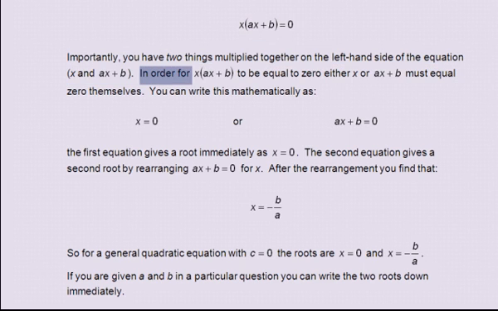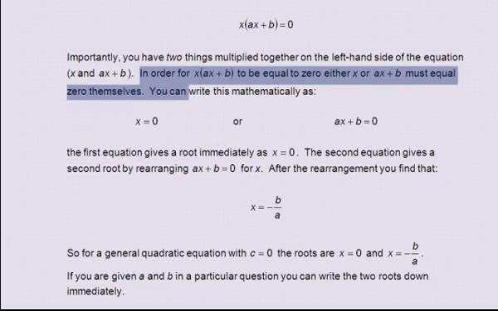In order for x multiplied by ax plus b to be equal to 0, either x or ax plus b must equal 0 themselves. You can write this mathematically as